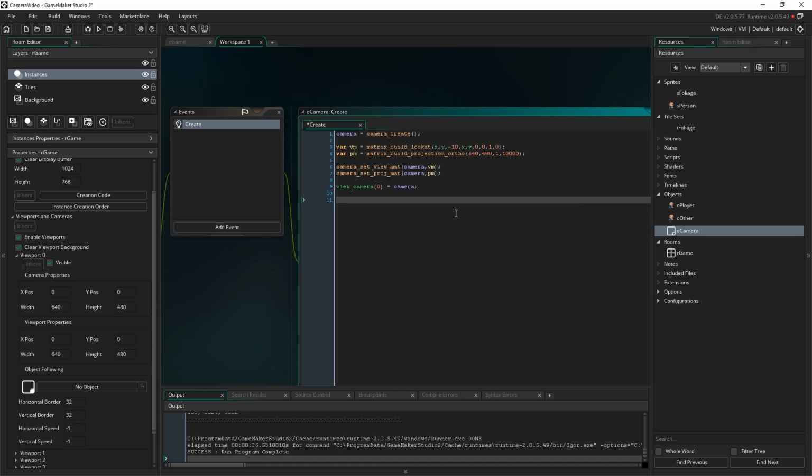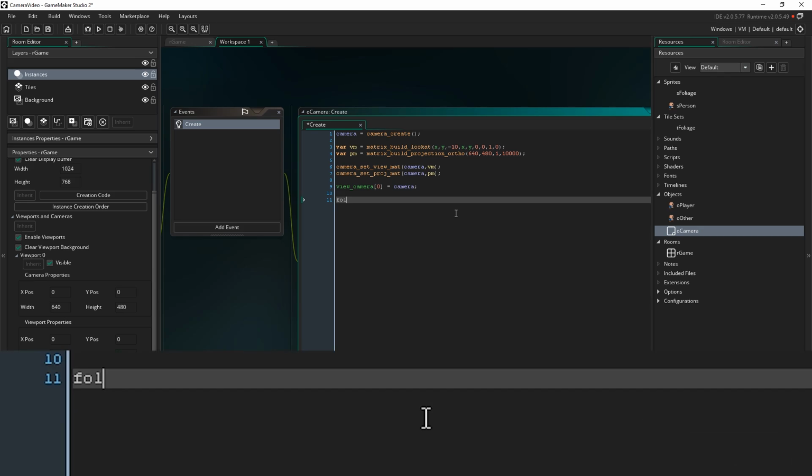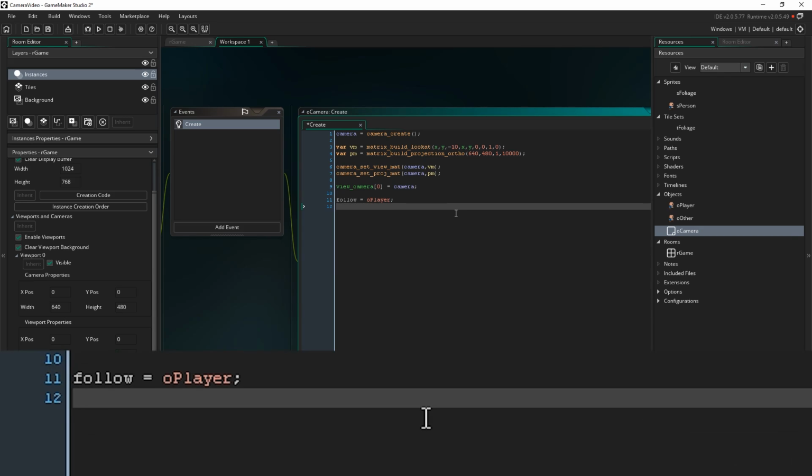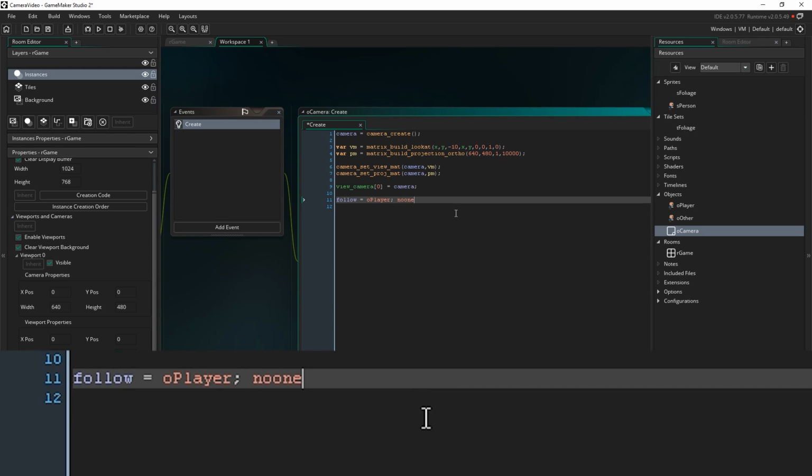So in order to start setting that stuff up, I'm going to create some simple variables here in the create event first. I'm going to type follow equals oPlayer. So I'm going to use follow as a variable that tracks the object we want to follow, and I'll write something in a minute so that if follow equals noone, the keyword noone, which just translates to -4 really, but is useful as a way of saying no instance or no object,